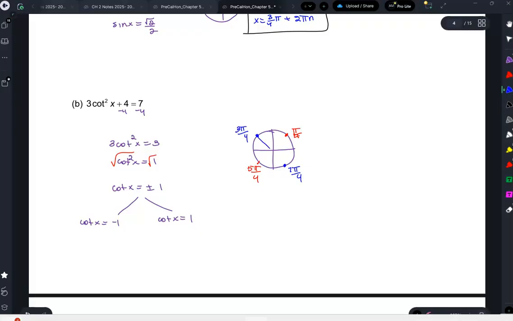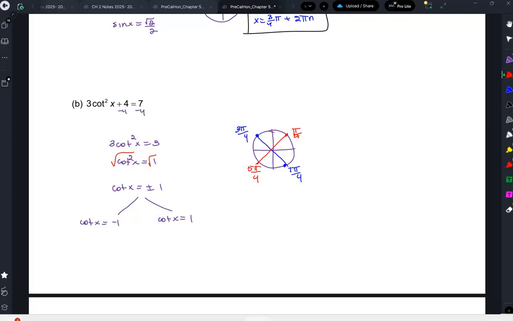Look at these blue ones. They're 180 degrees apart, or pi units apart. So to go from one blue to the other blue, I don't go over 2 pi. I only have to go over pi. And same thing with the red ones, they're on one line. They're not 180 degrees apart, right? So to go from one red one to another red one, I only go plus pi, plus pi, plus pi,